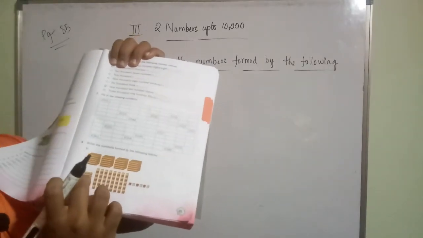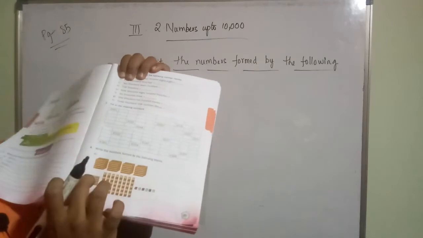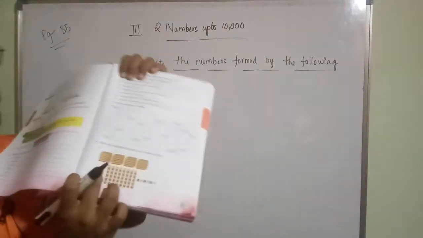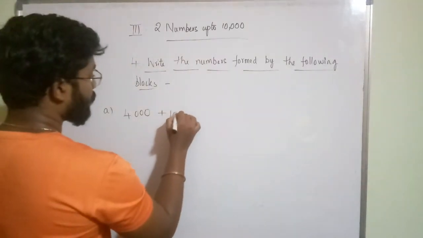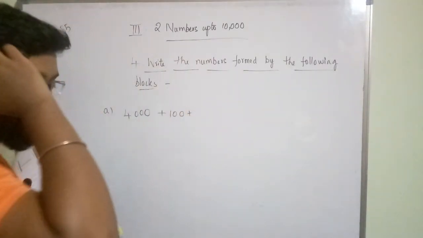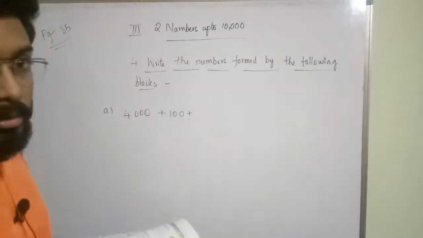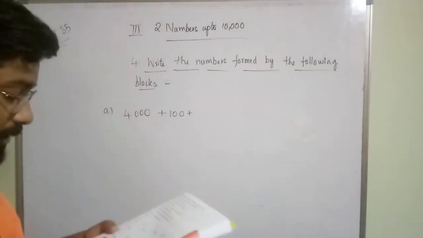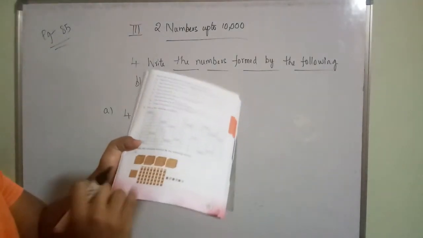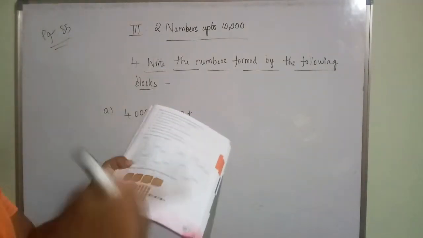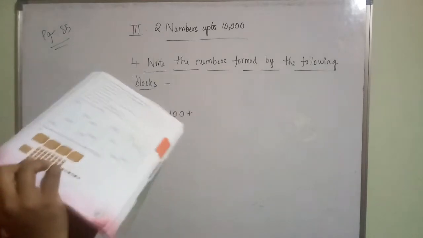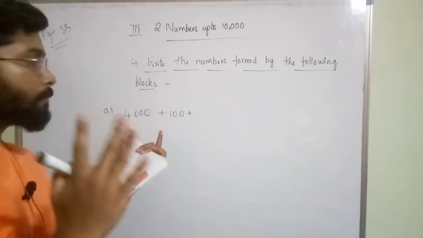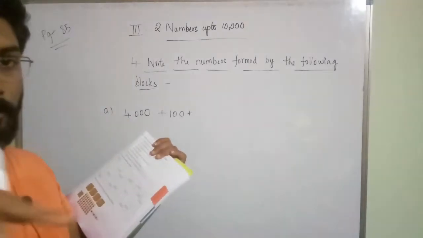So what is this? This is a square. We are considering it as a square. Okay, so what is this? This is 100. It is not an exact square, it is a 3D figure whose width is very small. So we can consider it as a square. Here this is a building-like box. So the value of each box is how much? 10. So 4000 is 4 cubes. 100 means one square-like box.